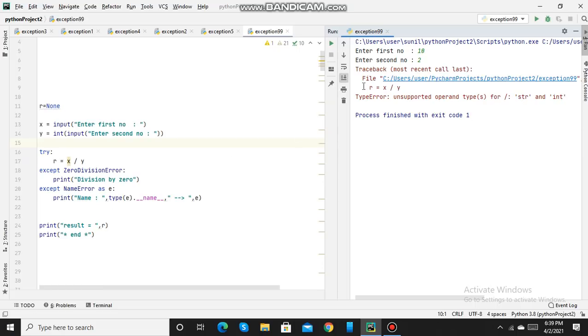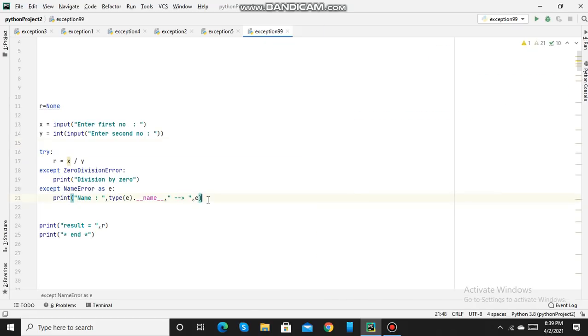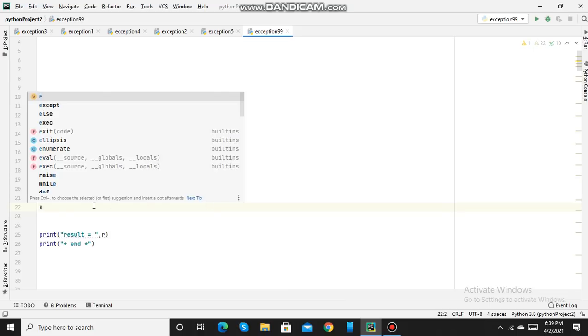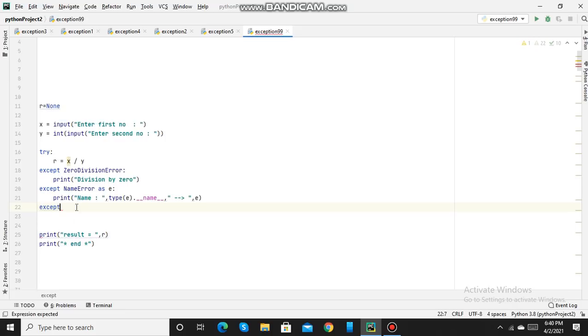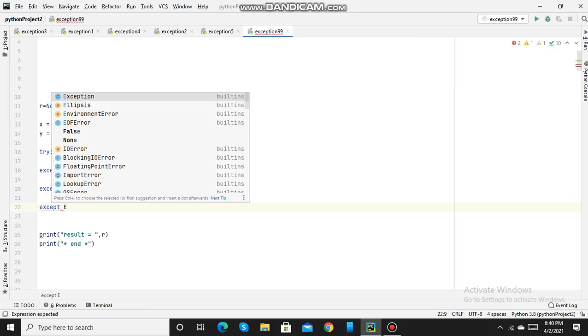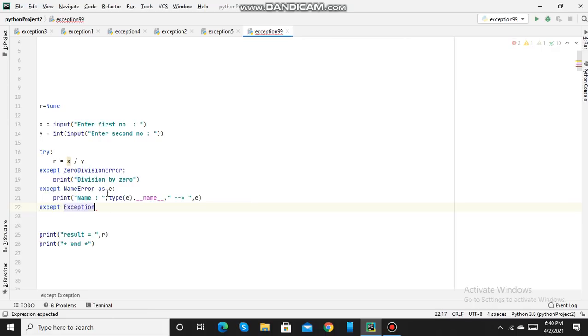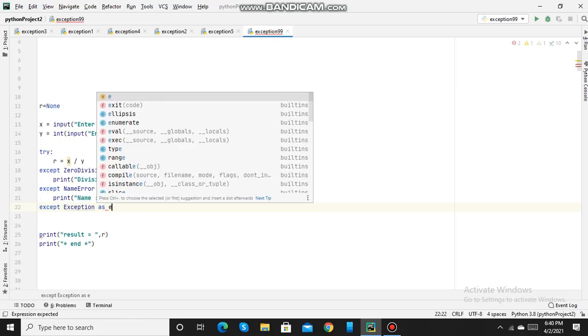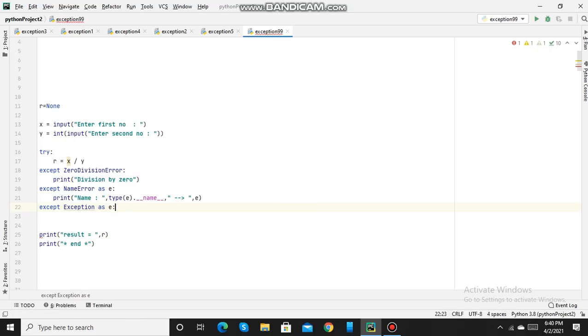So in order to catch this error, we will make another except block with the generic class, that is Exception, as e, then we will print the name of the error and the details of the error.